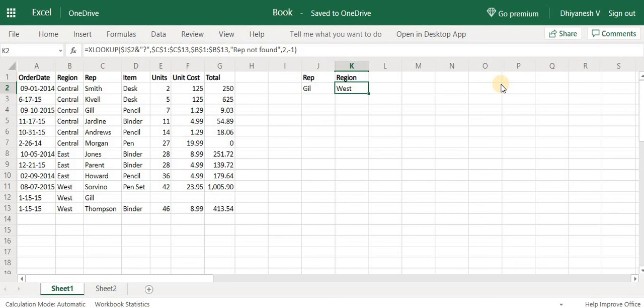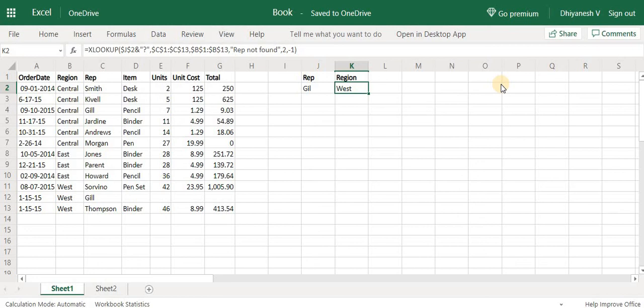So this is the new formula XLOOKUP available in Office 365. If you have an Outlook account or Hotmail account, you can go to OneDrive and then access Excel online, and using that you can access the Office 365 version. So you can go to OneDrive, go to Excel online, and use the Office 365 Excel version online. So you can just try it out at your end also.